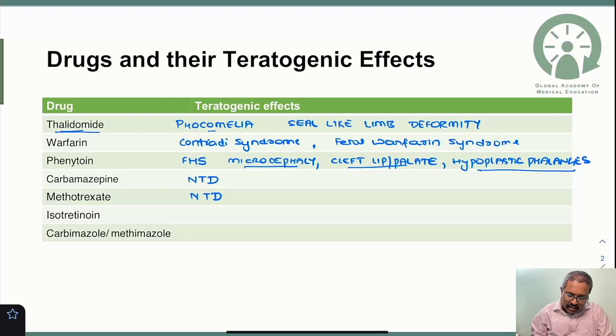So please remember, isotretinoin can cause multiple anomalies, mainly related to the cardiovascular system, central nervous system. It can affect the ocular system. It can affect the faciocranial